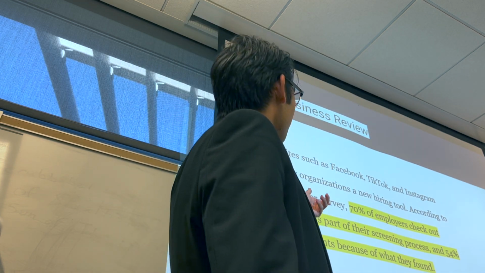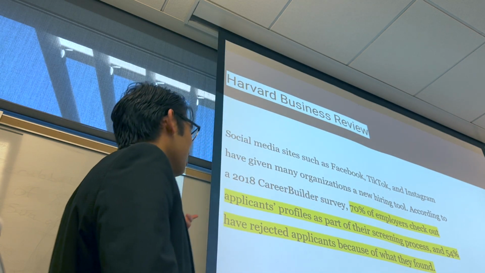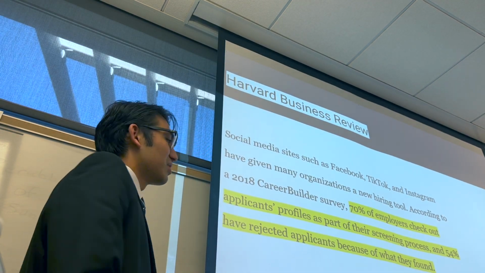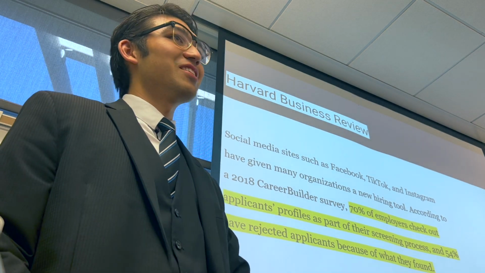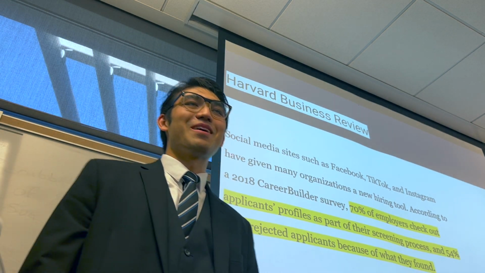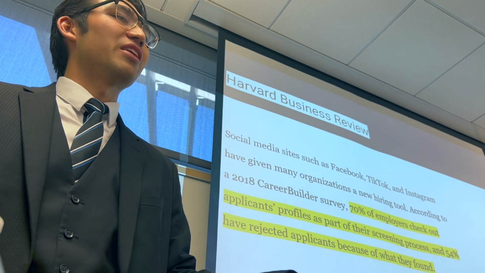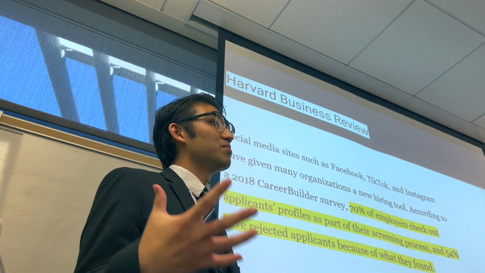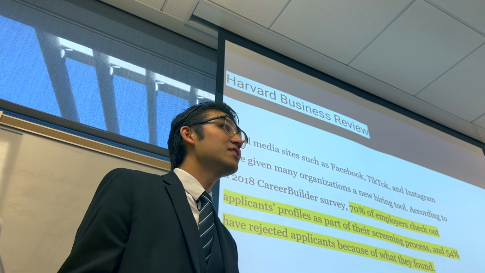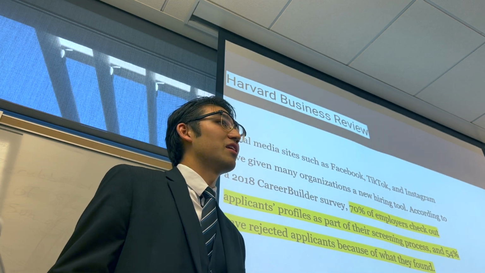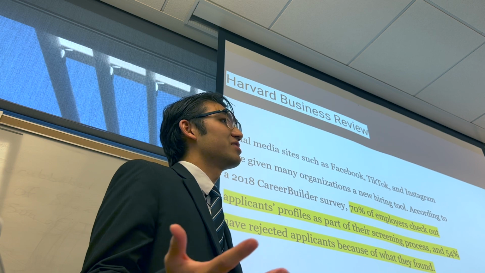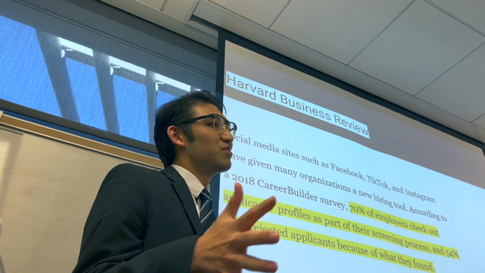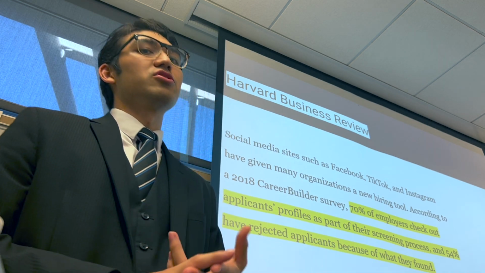According to the Harvard Business Review, 70% of employers check out applicants' profiles as part of their screening process, and 54% have rejected applicants because of what they found. So probably check your social media. Go back after class and make sure the things you have on there are good, because people, especially in this day and age, like to reduce uncertainty. It's really easy now to do it extractively through the internet, because we pretty much put our whole lives out on there if we're not smart about it. And we want to put our best foot forward, especially if we're trying to go to grad school or get a job.